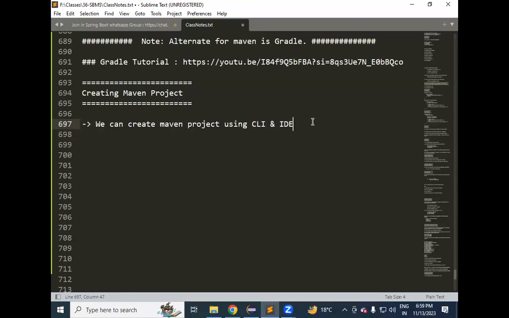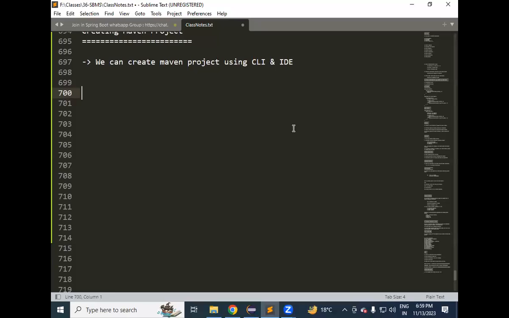I think in the video I have shown how to create it from the command prompt. After the Maven setup got completed, I created one project in the command prompt. But we are going to create the Maven project by using an IDE. So once we create the Maven project, here we are going to give Maven simple project, select